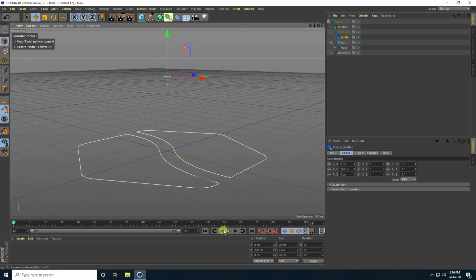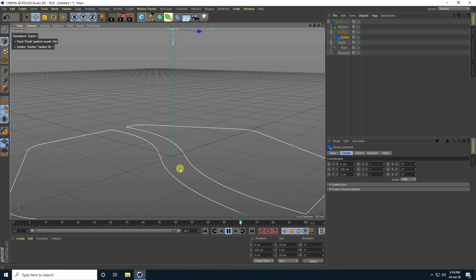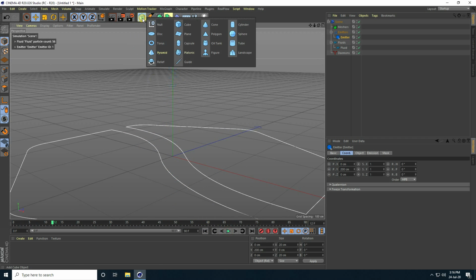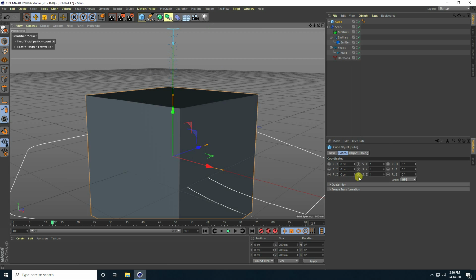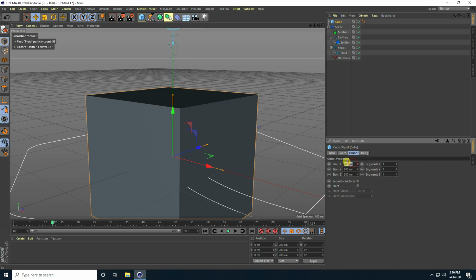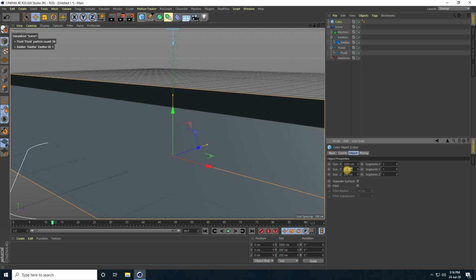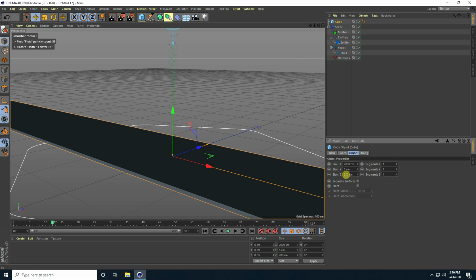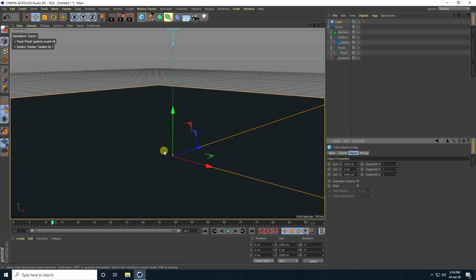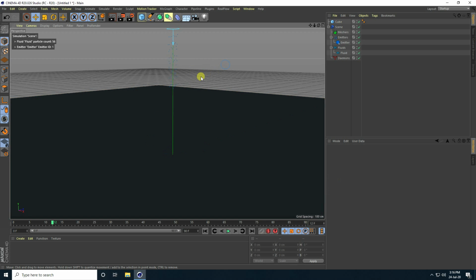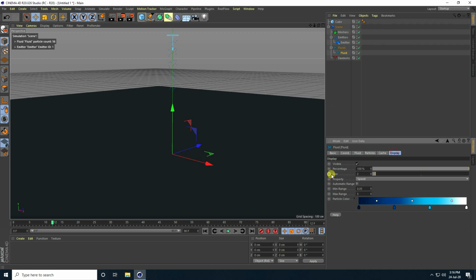Yeah, and play. Yes, right. Okay, so guys, now I take this time a cube and change the cube size, same like 2000, and the y axis I take like 5, and z I take the same 2000. Yeah, right. Okay, so now select this flood and go to display size, increase like this and play. Yes, right. Okay, so guys, I increase the frames, I take 500 frames.